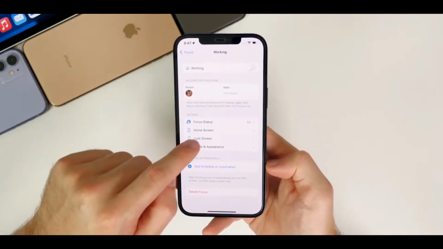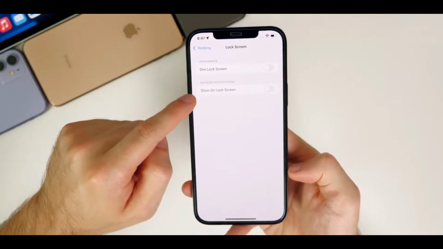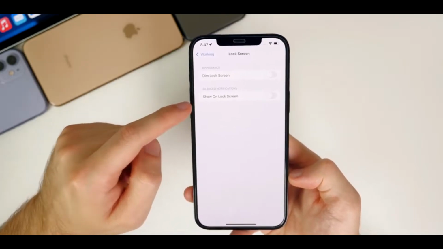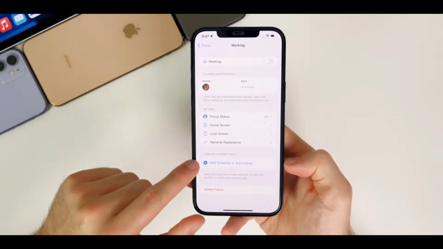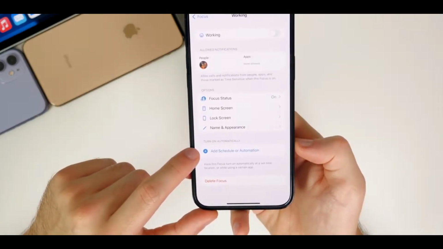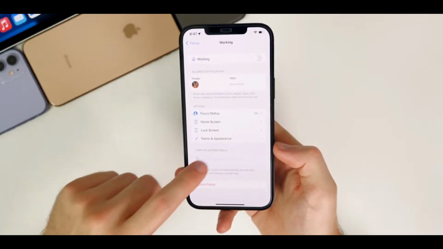And then if we go back, we have lock screen here as well. So you could dim the lock screen appearance. You could also show silenced notifications on the lock screen if you want to. And then also down here is a really cool one, where it is turn on automatically based on a schedule or an automation. So for example, if we tap on this,